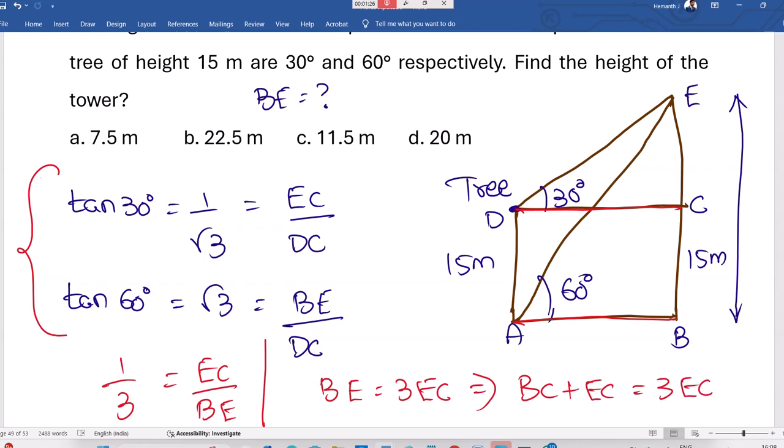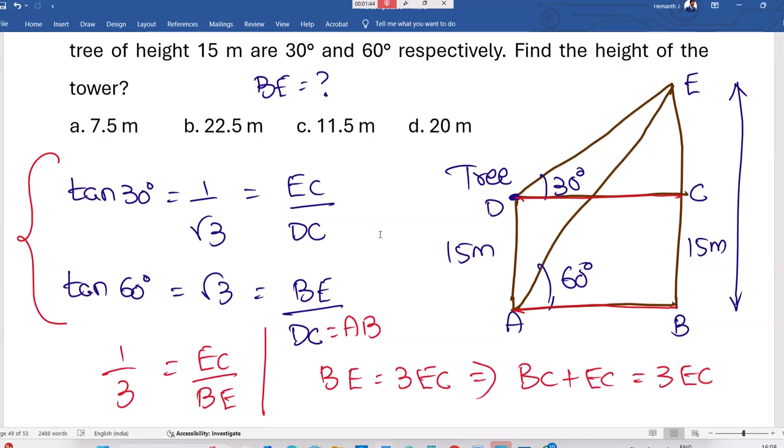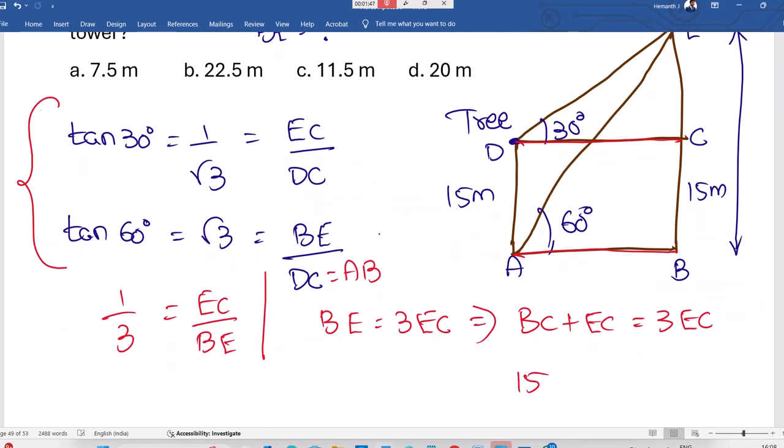Yes or no? BE is BC plus EC. From this relationship, DC and AB both are equal. This cancels. EC divided by BE is 1 by 3. BE is 3 EC. So now, finally, what you got? BC value, 15. 15 equals 2 EC. So EC is 7.5. BE is 3 times EC. 3 into 7.5,